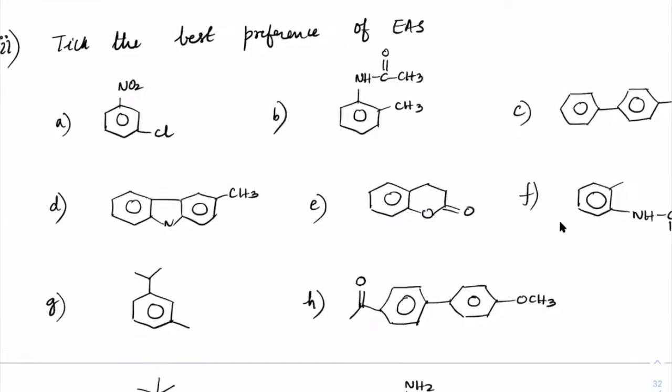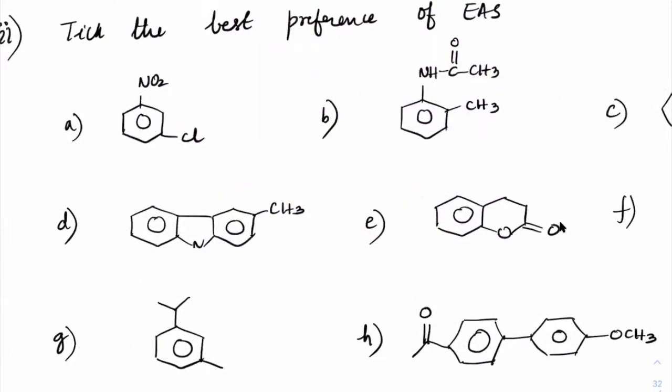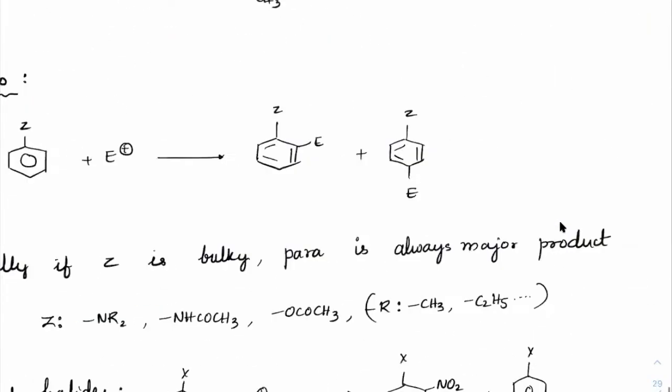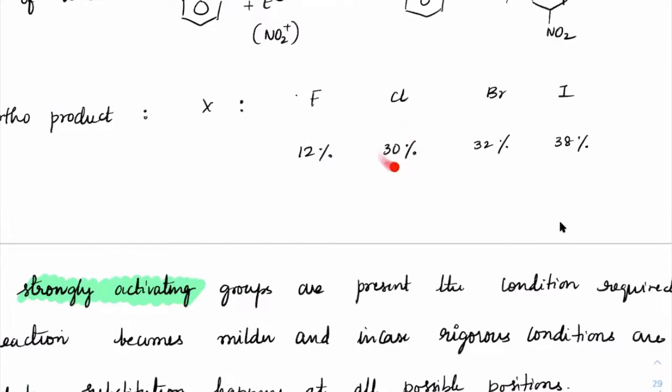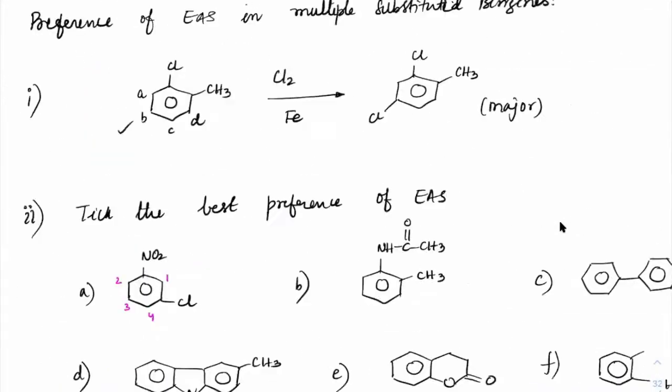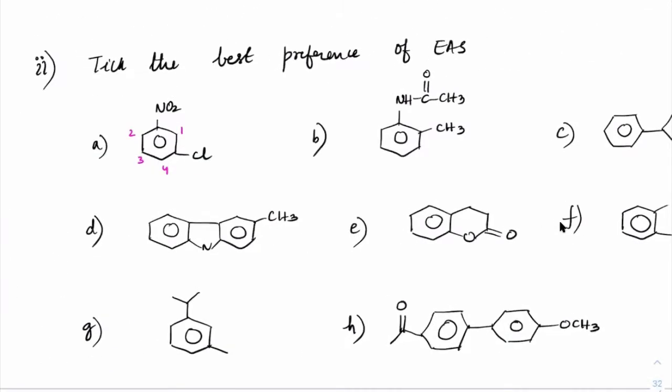Right. So first one, tell me which is the best preference position here. I'll give the numbering here. So 1, 2, 3, 4. Tell me which is the best position. So 4, sir. 4, right. So with respect to chlorine, either I can go for this one or I can go for this one. Now tell me, with respect to chlorine, this is the ortho position and this is the para position. So which is more preferred, ortho or para? Just now we have seen the OP ratio of chlorine. How much is ortho which is coming? It is only 30%, right? So maximum it will get the para position, because inductive is more effective in case of halides. So which is the more preferred position, everyone?